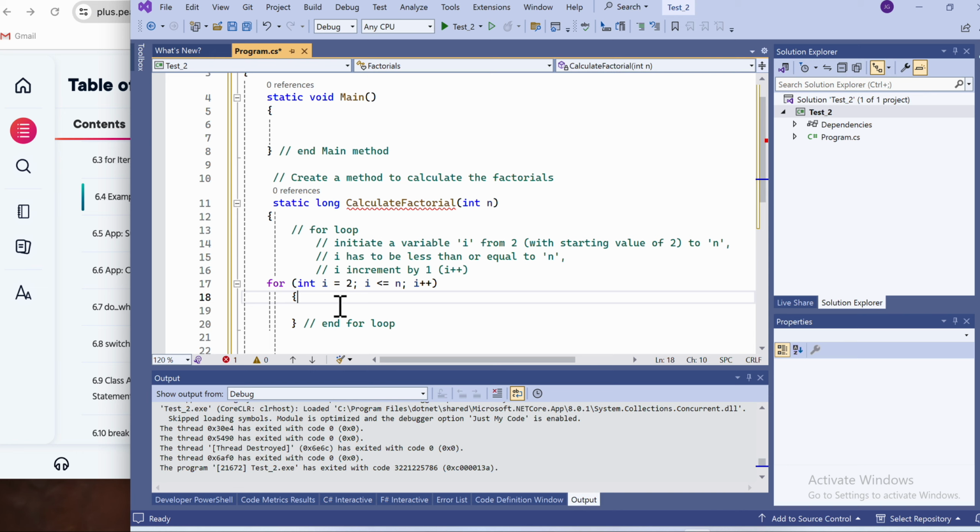We're using the variable I that will initially start with 2, and then we're going to increment it by 1 each time, and make sure that I is less than or equal to the value of n. So if this statement is true, each time we're going to take the result of this